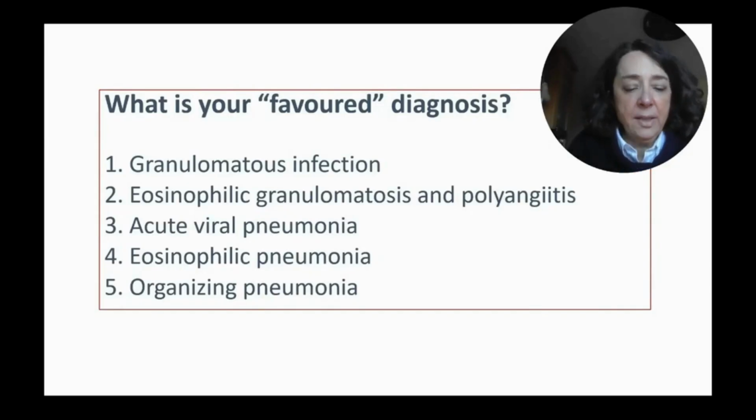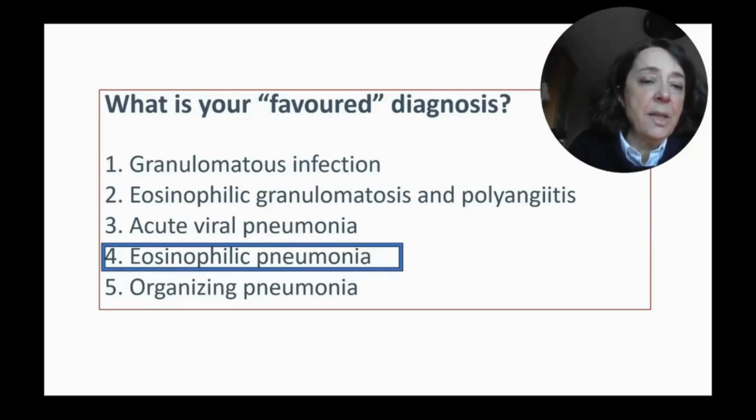In eosinophilic pneumonia, the 3 features that I always look for are fibrin, macrophages, and eosinophils. Of course, you can say others, you have to exclude infection, you have to exclude eosinophilic granulomatosis, but I always write my differentials in order. So if I think this is an eosinophilic pneumonia,